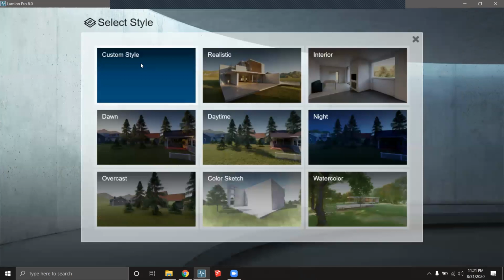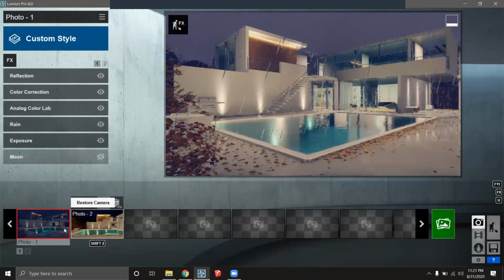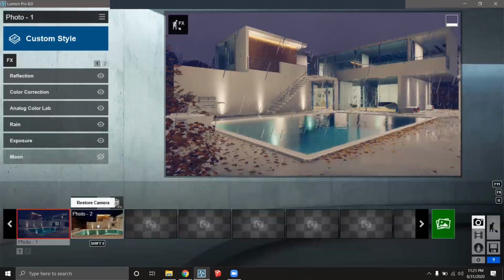It's not like that. I'm just going to make a copy of this effect and place it for this camera also. Let's see how to do it. Just click on this menu, and under Edit, you have an option for Copy Effect. Now go to this camera, and then go to your